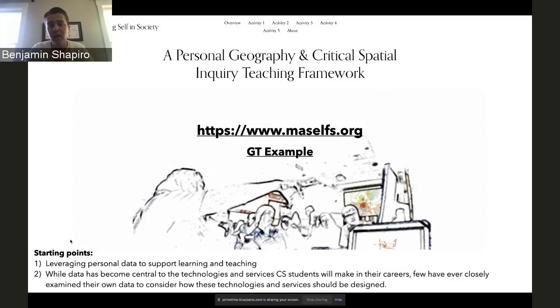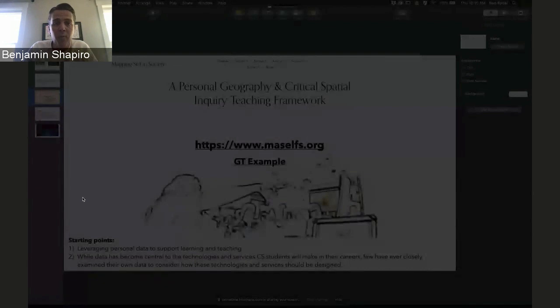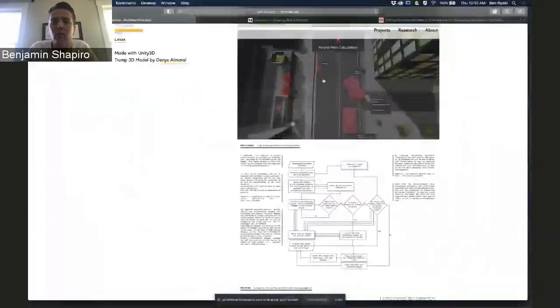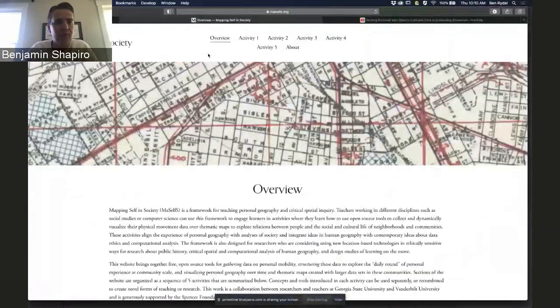So, I think for me and others, when you stop and think about that, it's like, wow, all the CS students are building all these applications that leverage other people's personal data, as we all know, but they've rarely had experiences. What does collecting that data feel like? How would they want those technologies built for themselves, right? So this framework titled Mapping Self in Society is trying to get at that and trying to give CS students those types of experiences. So what I'm going to do is briefly walk through the website,